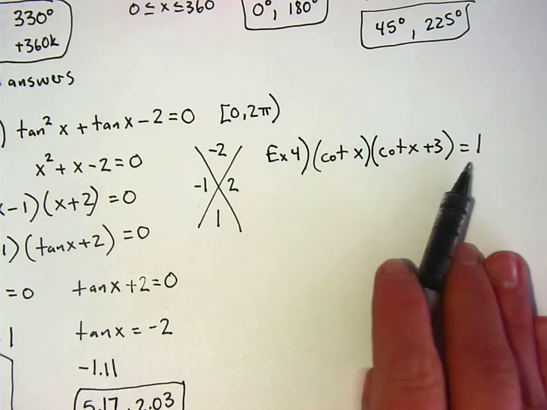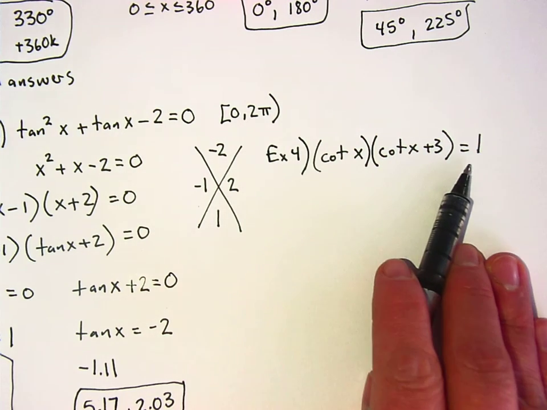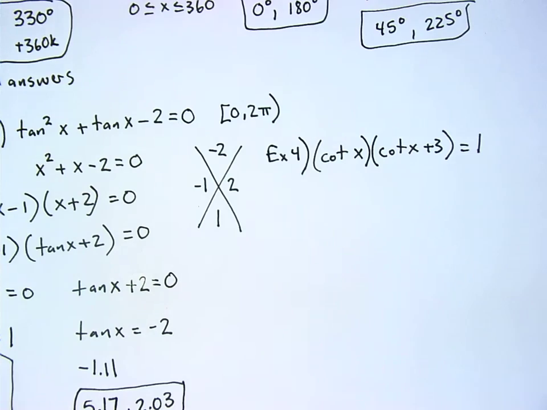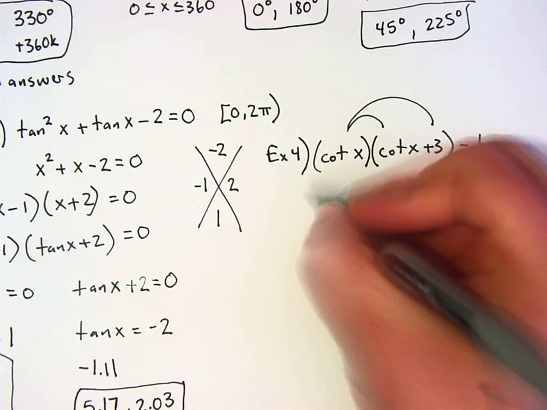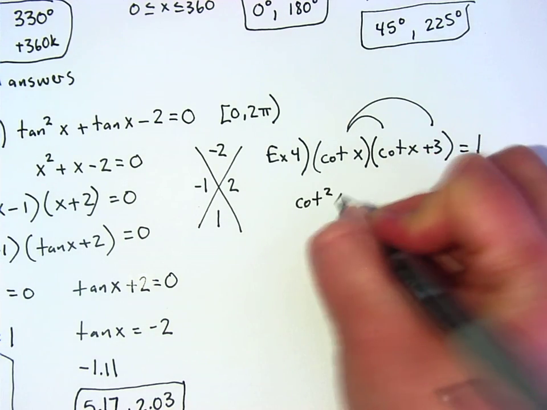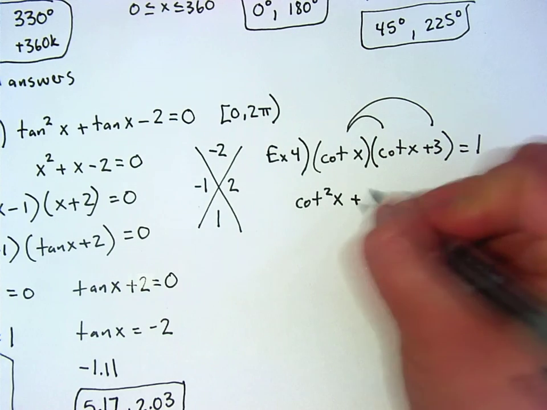Because it equals a 1. No, you can't just set it to 1. Because the reason why it works with setting it equal to 0 is that if I have two numbers and I multiply them together and I get 0, you know one of my original numbers was 0, right? Like you can't take 2 times -2 and get 0. That's -4. One of them had to be 0, but there's lots of different ways to get 1. So let's just distribute it first. So this becomes cotangent squared x plus 3 cotangent